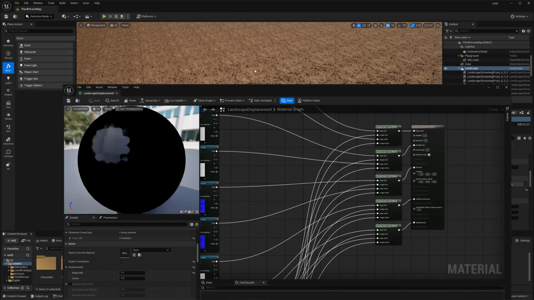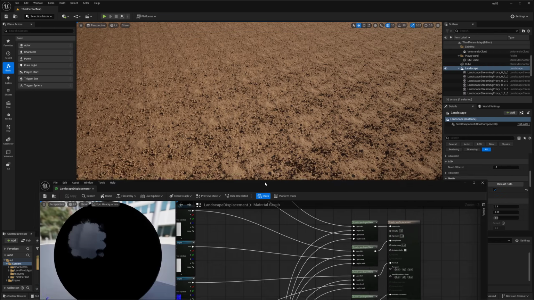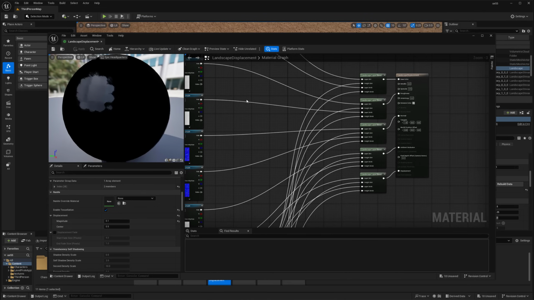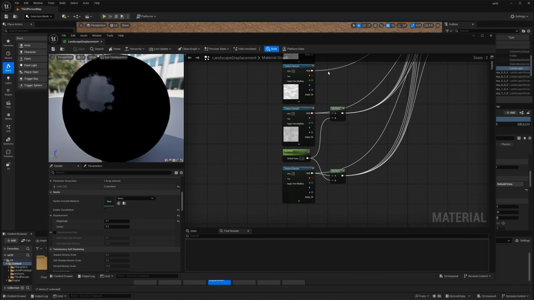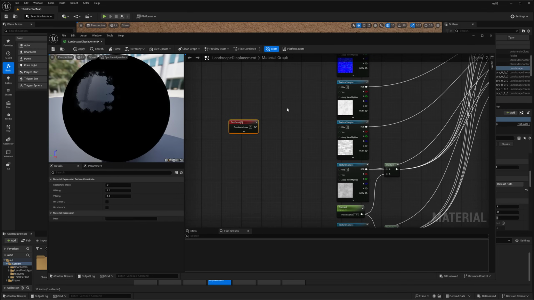It's looking pretty good. So now we're having displacement, of course, using our height map and all. And right now, only just the dirt showing up, and that's just because we haven't painted on it. One other thing that I want to probably do is I'm gonna just add a texture coordinate. So add a texture coordinate here, and this is gonna be for the tiling amount,